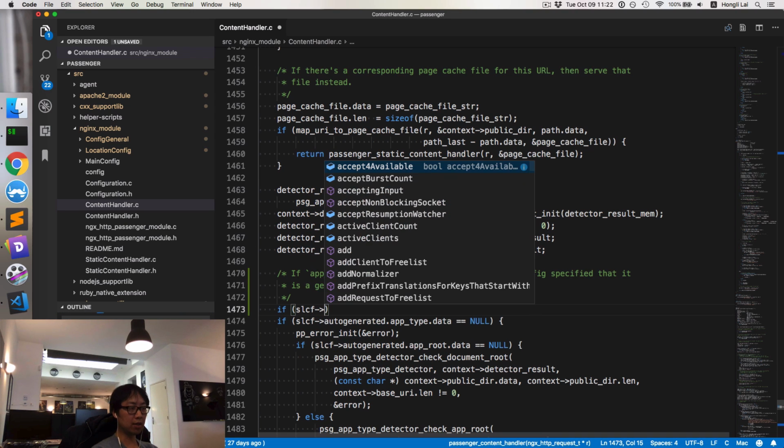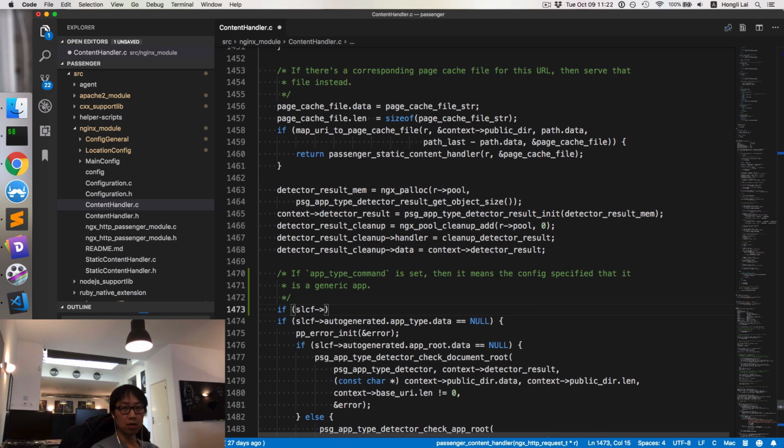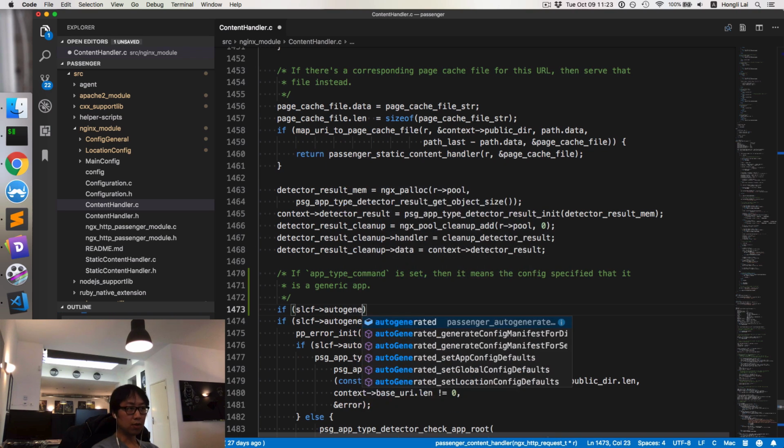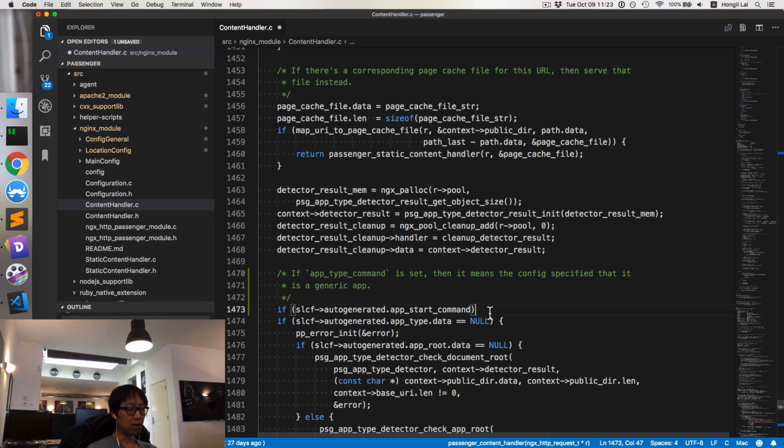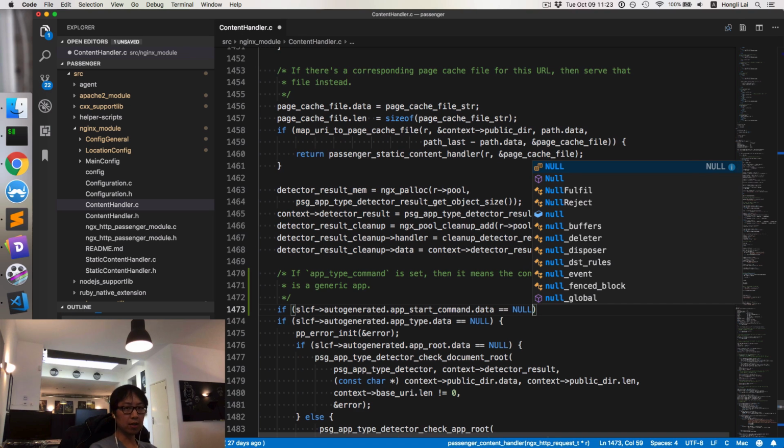In Nginx the config object is called slcf, and inside the command struct there is an... no, not the command struct. So the configuration struct in the Nginx module has a manually written part and an auto-generated part, and the auto-generated part is part of the auto-generated field. So this field here is auto-generated. If that is not set,